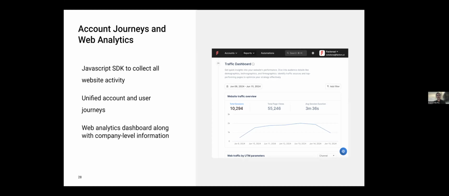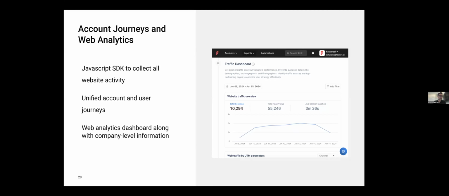The buyer might be seeing an ad on LinkedIn, might be visiting your website, interacting with the blog, looking around for, let's say, a vector database, and or searching on Google and clicking on an ad and so on, right? So the intent and the interactions are happening at multiple places, including the website. So we map together the entire user journey, and also we do it at an account level, meaning at a company level, right?